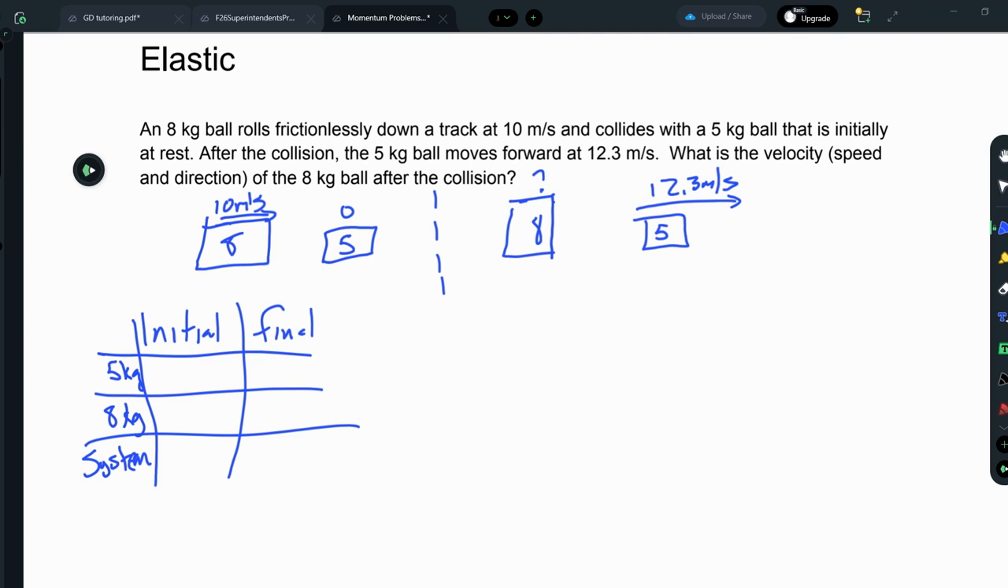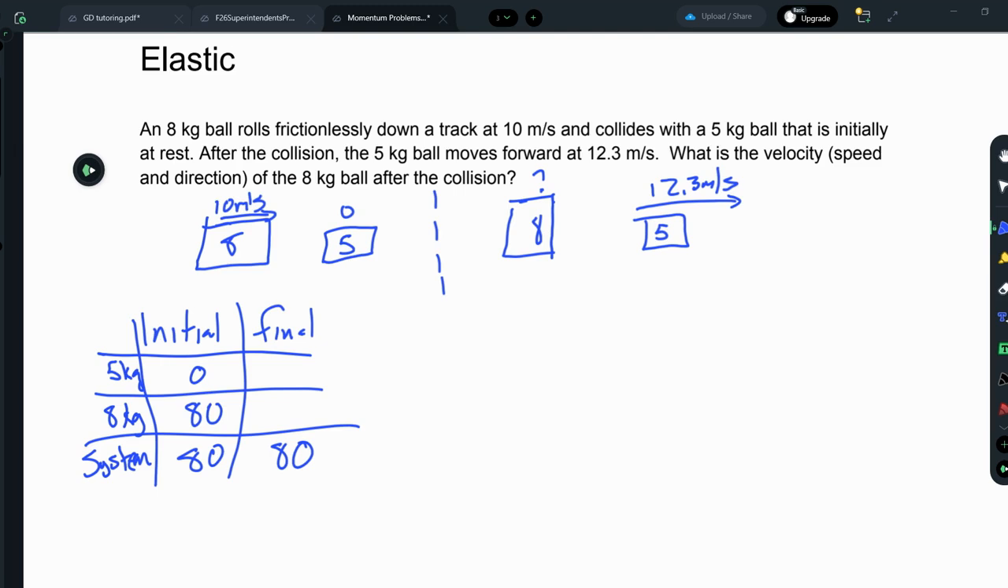The 8 kilogram ball initially has 10 meters per second of velocity, and so its momentum initially is 80, and the 5 kilogram ball is at rest, so its initial momentum is 0. So the system had better have 80, which means at the end, the system should have 80 as well, assuming no loss of momentum. The 5 kilogram ball is now moving at 12.3 meters a second, so I need to